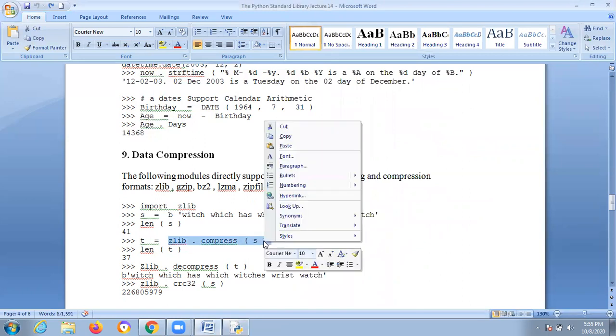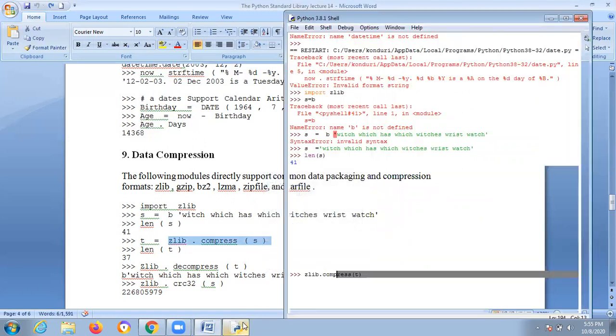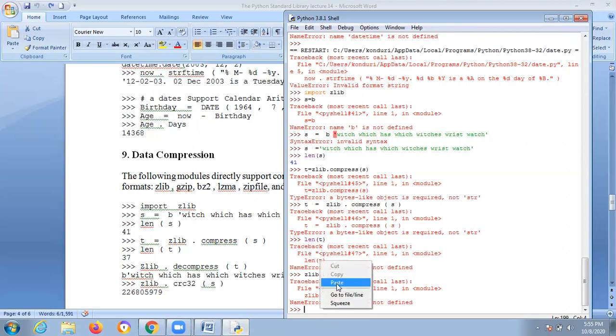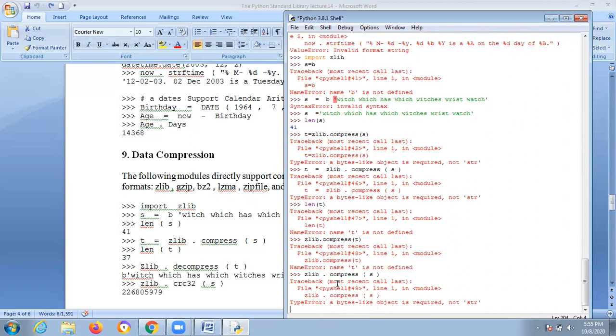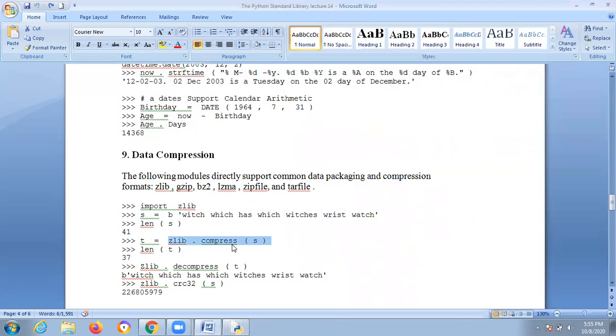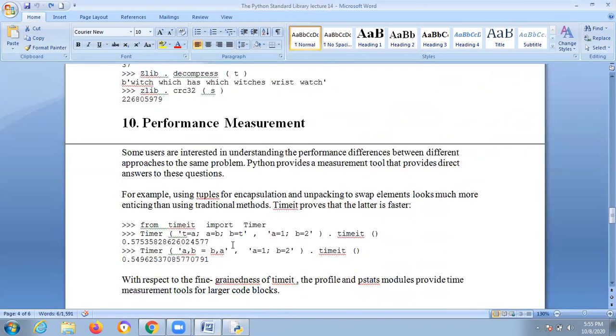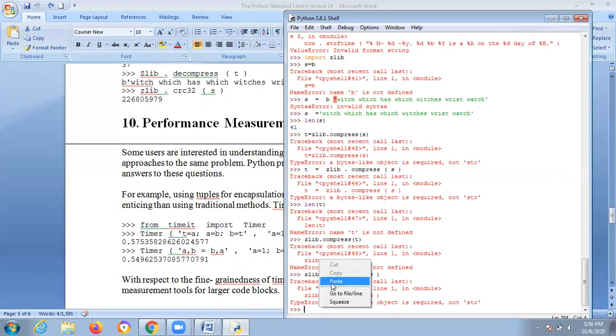Some won't function because something may work in Linux OS, okay. Don't worry about that, but this is a syntax concept you need to understand. Performance measurement. Here some timers are there to provide the performance. Whatever works here, just try.